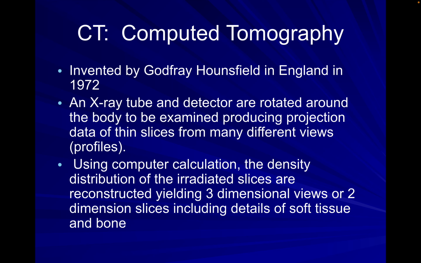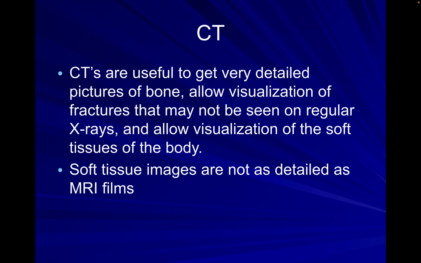And this brings us to the CT, or computed tomography scan, invented in 1972. Essentially the X-ray tube and detector are rotated around the body part being examined, and this creates a 3D image with several thin slices that you can then reconstruct virtually. This is really good for looking at bony tissue, but with a lot more detail than a standard X-ray,